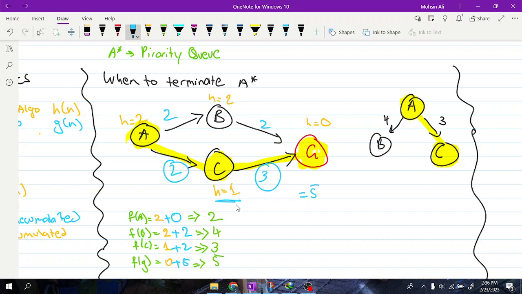We are concerned with the actual path cost, and we want this to be as minimum as possible. But as we can see, if we just visited G directly, it wouldn't have given us the minimum path to go from A to G. Which is the reason why it is very important that you always terminate an A star search when G is dequeued